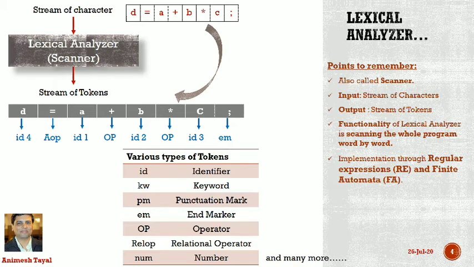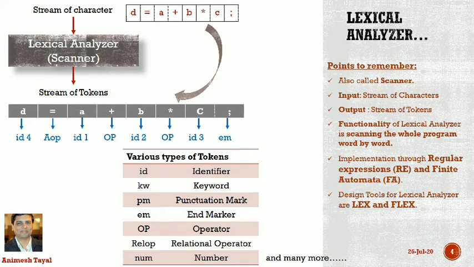One more important thing is design tool. To design lexical analyzer for any language, we have some compiler writing tools for each phase. So for lexical analyzer, we have compiler writing tools. Writing tools means if we want to design a lexical analyzer, so which tools are available? Not implementing.